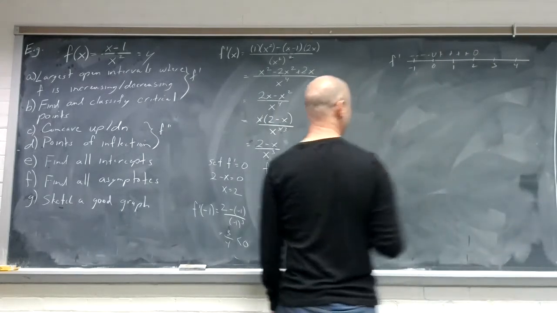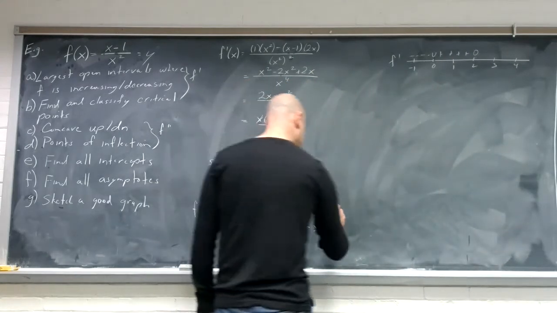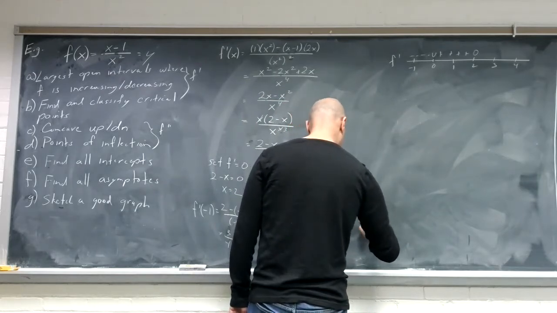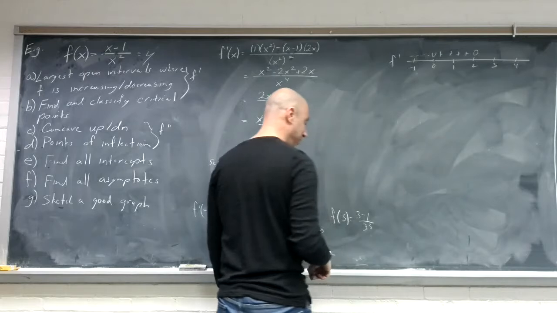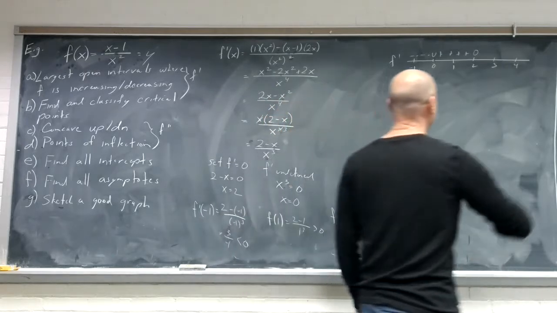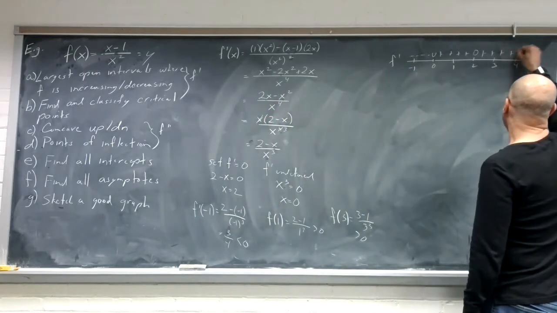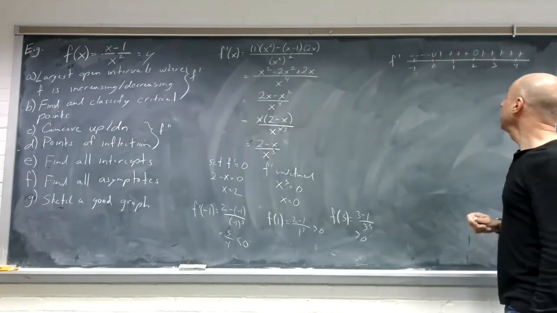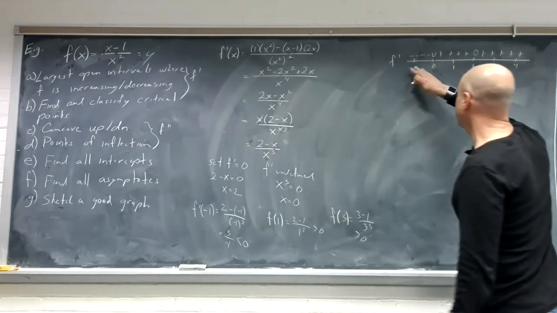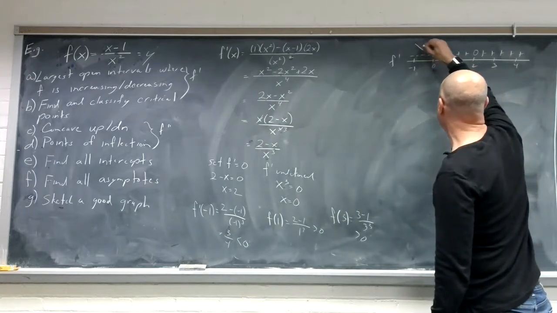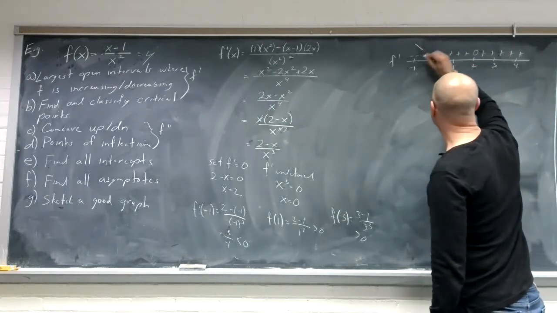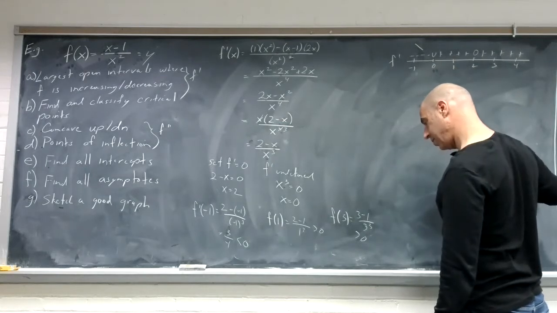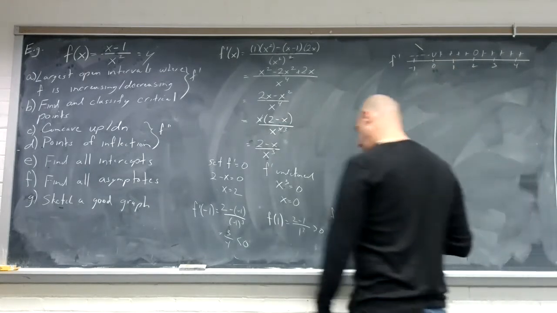And if we pick a point to the right of 2, how about 3? F prime of 3 is equal to 2 minus 3 over 3 cubed. That's negative over positive, which is less than 0. And we can put up and down arrows over our first derivative because our first derivative tells us where we're going uphill to the right and where we're going downhill to the right. So we are going,